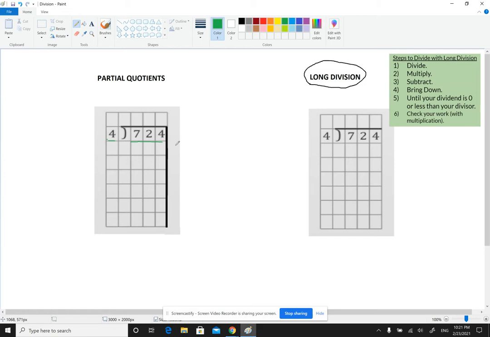So I'm going to start off with 100, and I know that 100 times 4 is 400. So when I put 400 here, I am now going to subtract and have